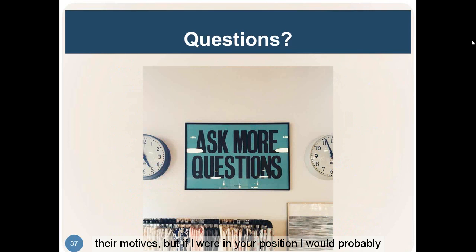I don't want to question their motives, but if I were in your position, I would probably question their motives, and then I would want to understand what are we actually paying in terms of indirect costs. And if you find that in total it's 12%, then you might be okay with that. If you're paying 40% because they're throwing so many costs and calling them direct, then you might want to reconsider your approval. So really the only thing we should be considering as direct cost would be mostly salary, something tied very specifically to the program.